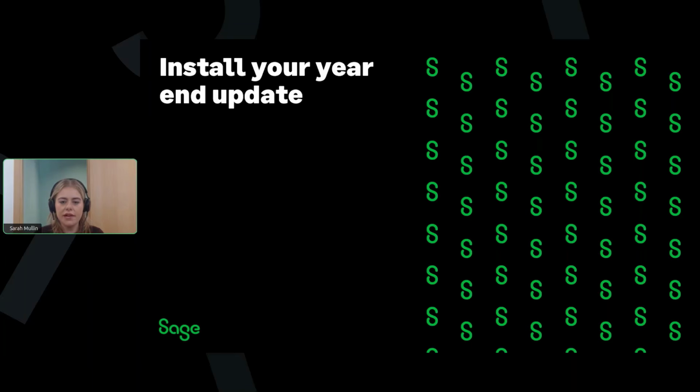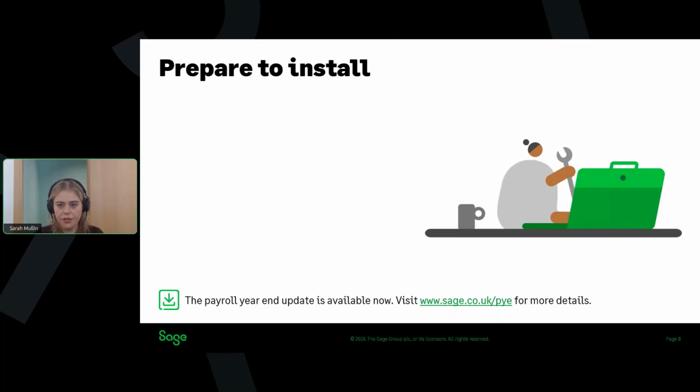Let's move on to actually installing the year-end update. To help you get ready to install the update, we've put together a bit of a best practice checklist. So, just a few simple steps to help make sure everything runs smoothly. And don't worry if you have already installed the update and maybe not done a couple of these steps. You can still install it without following the checklist. These tips are simply there to help prevent any potential issues and give you the smoothest